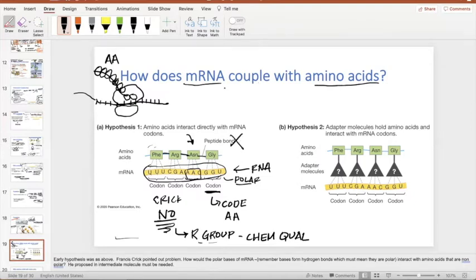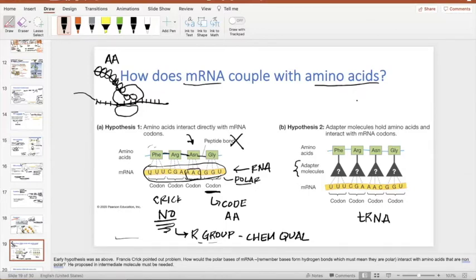What Francis Crick instead suggested was that there was some kind of an adapter, some sort of an intermediate molecule that on one end interacted with the mRNA, and on the other end, it interacted with the amino acids, okay? So what was this adapter molecule? It turns out to be something called tRNA,